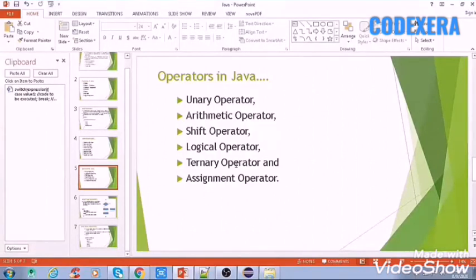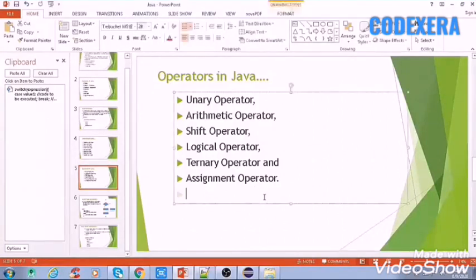It is used to assign the value on its right to the operand on its left. So it is used to just assign some value to the operands. So this was all about the operators. Now we'll see examples of these operators one by one.